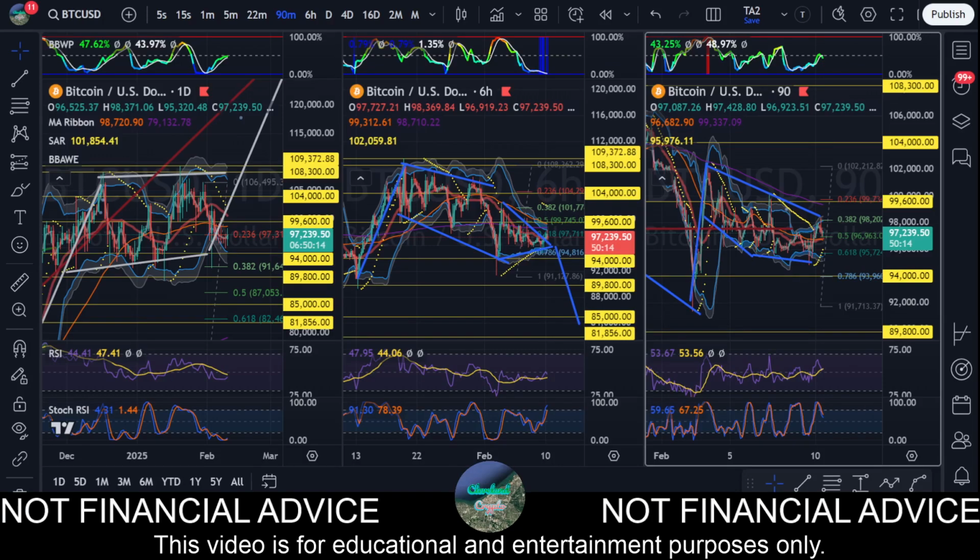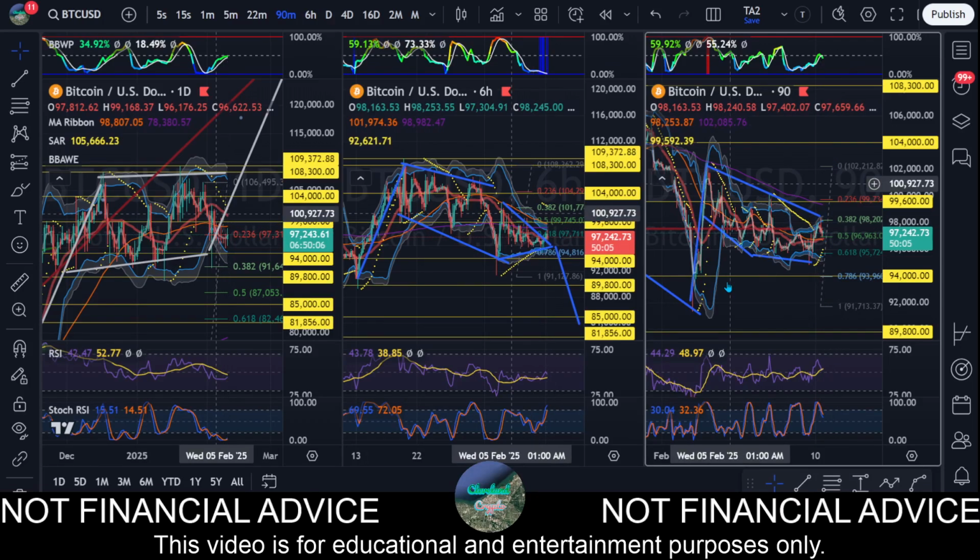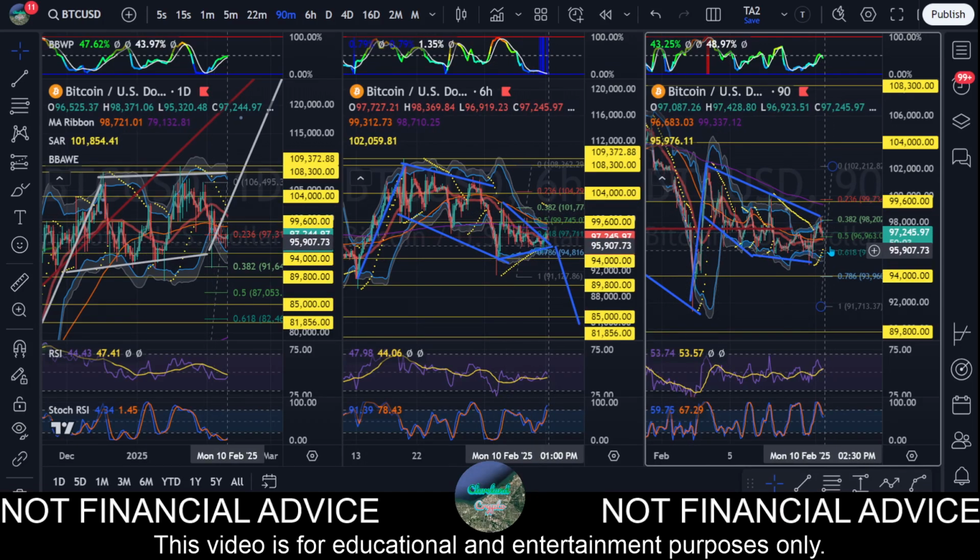All right, let's see. Okay, so where are we at now? We're at a point where we're basically just hanging out in this bull flag. The SAR has been flipped, so we're looking at some bullishness. However, the stochastics are now pointing to the downside, so the oscillation is downwards, which means that there is more likelihood for downside today. However, if RSI gets, just like yesterday but in reverse, gets stuck here at the 50